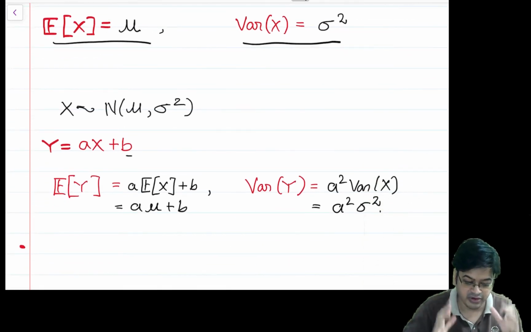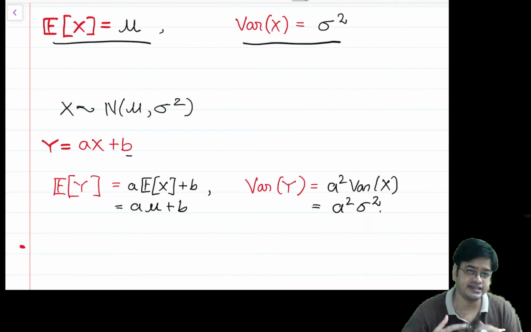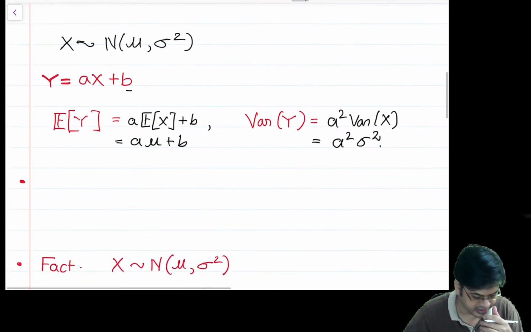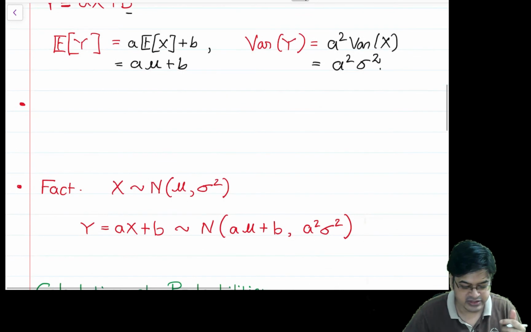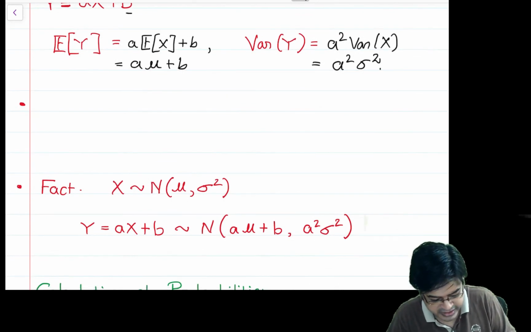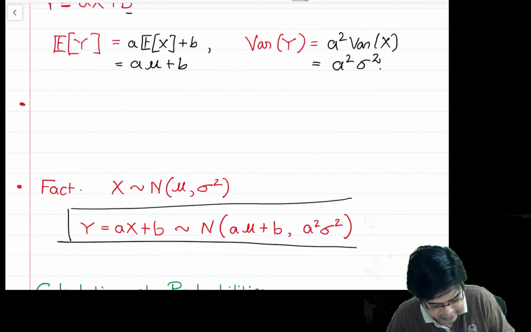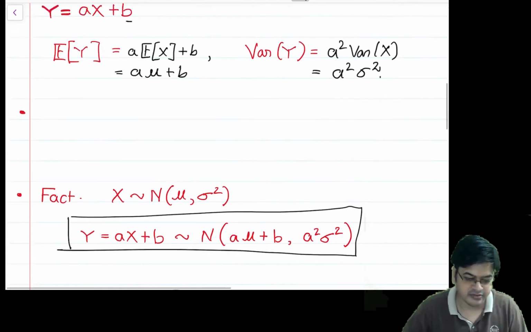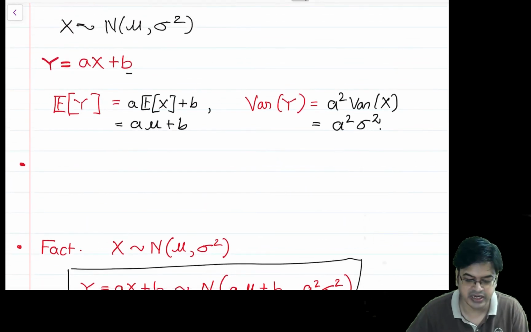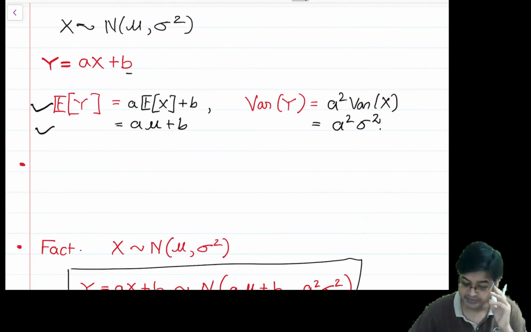But the normal distribution is such a beautiful distribution that whenever you have a normal, and you take any linear combination of normal random variables, you will actually get a normal random variable with this mean and variance. See, this fact, y is equal to ax plus b, when I compute the mean and variance, this remains true for all distributions. All continuous distributions will have this property. Why continuous? All discrete also will have this property.